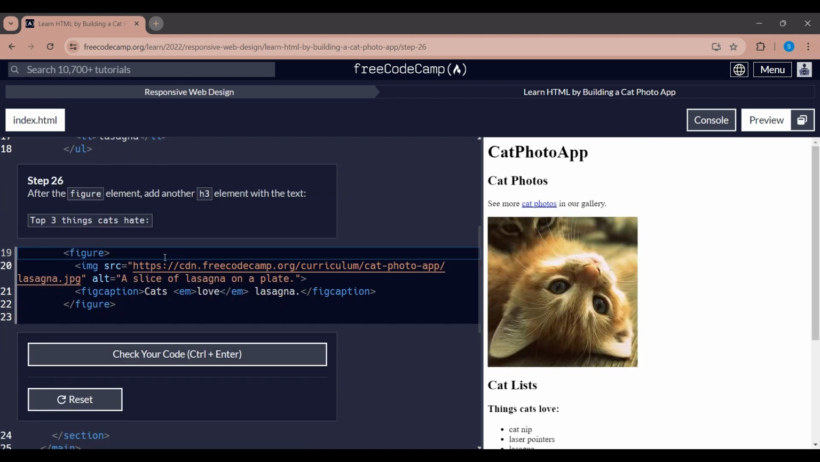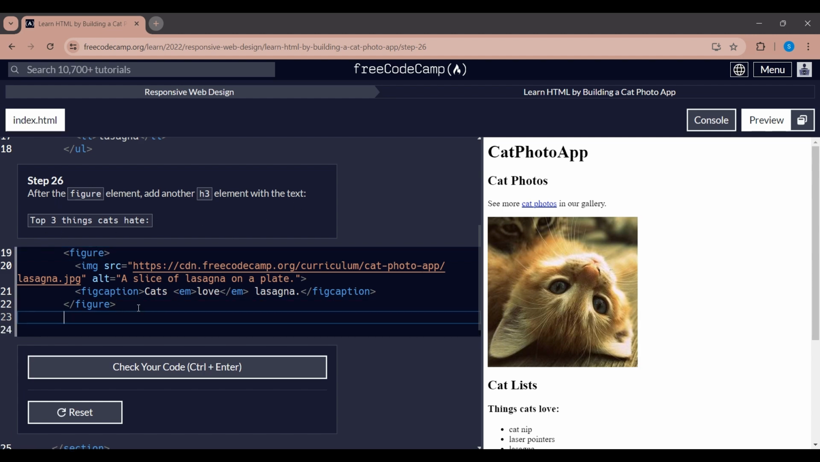Step 26. Since we listed the things cats love, we also need to list the top 3 things that cats hate. So after the figure element, we need to add another H3 element with the text, top 3 things cats hate: